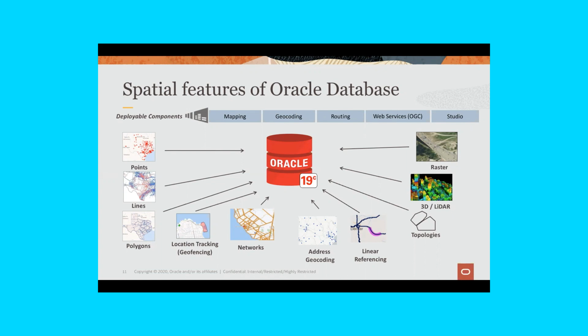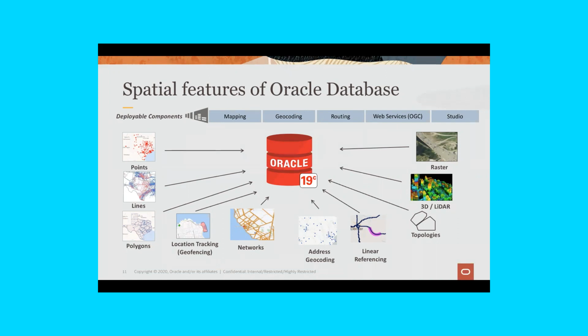In this case, you can manage satellite imagery or airborne photography in the database and then do analytics on top of that. So I'll go into a little bit more detail on some of these topics. But the basic idea is at the database level, we have several different data types, and then SQL APIs and PL/SQL APIs and analytics built into the database to work with those data types.